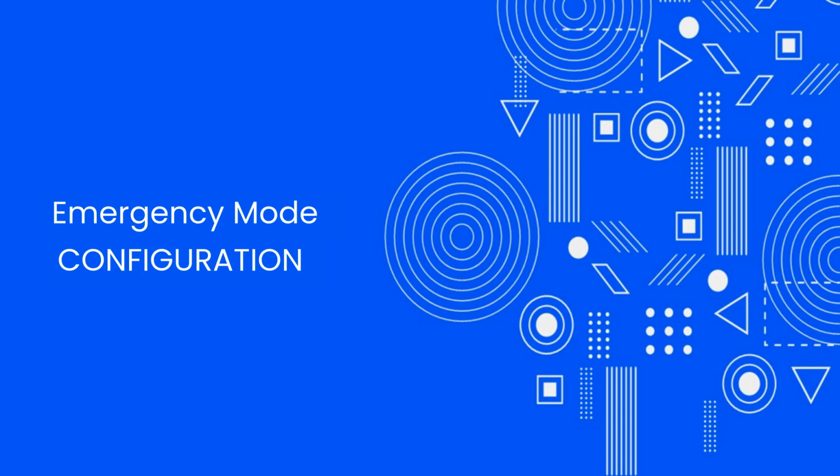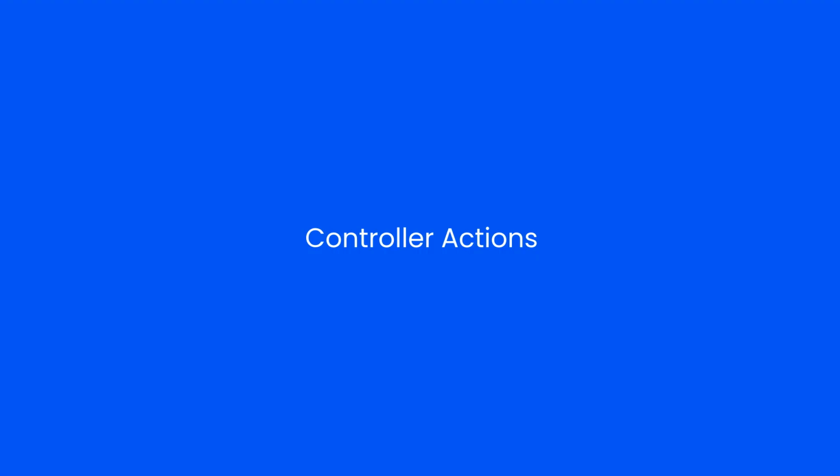The emergency feature places your system in an emergency state that unlocks all the doors along the exit route in the event of an emergency. When using an input to activate emergency mode across multiple master controllers on the same site, controller actions must be